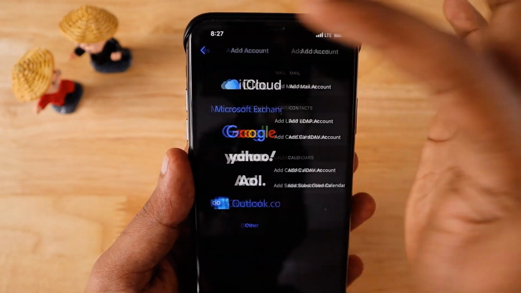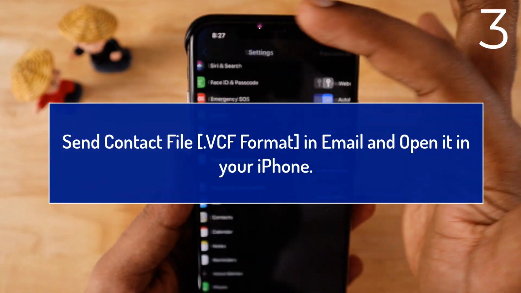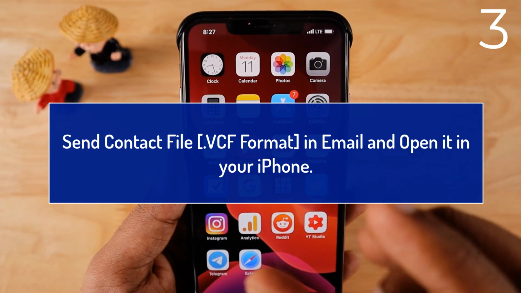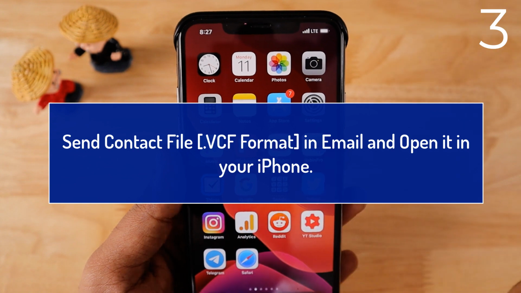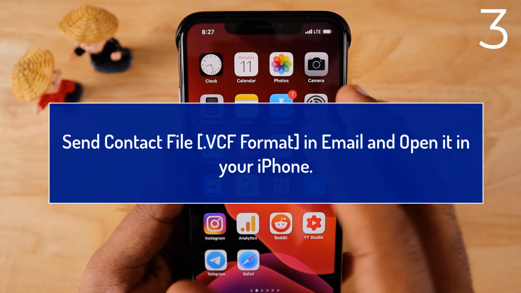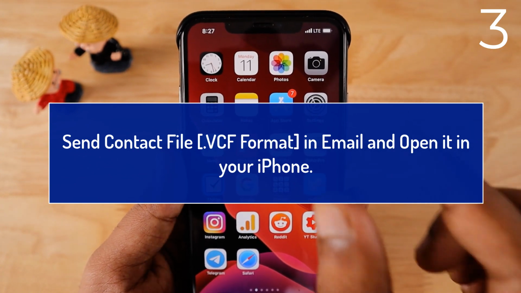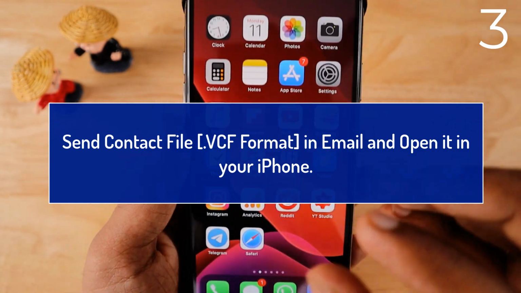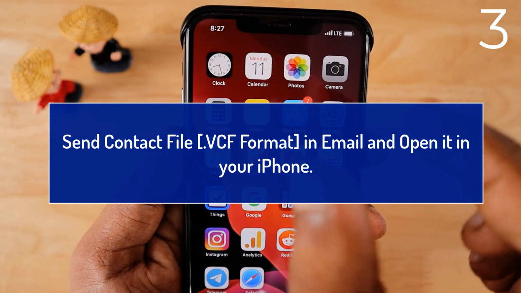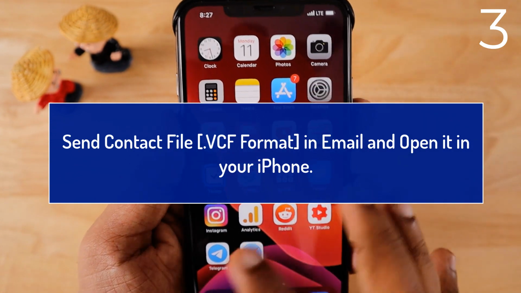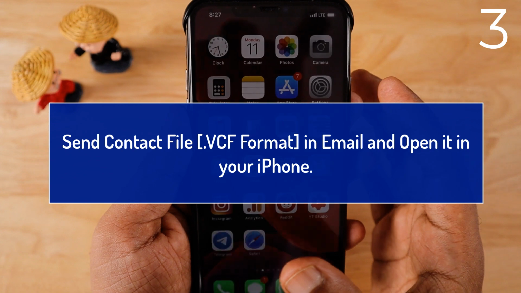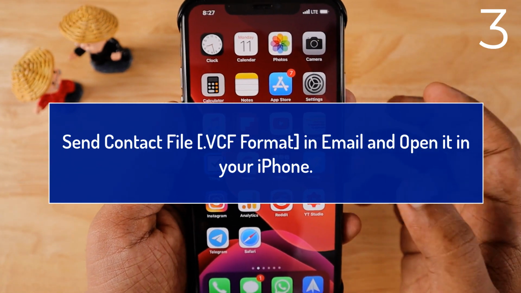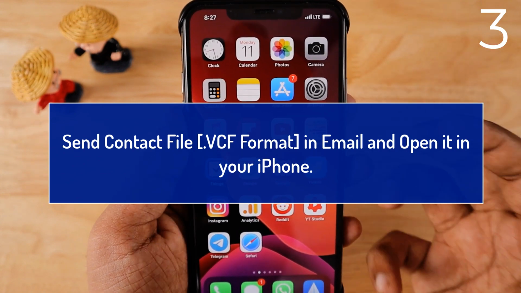And the next method is, I haven't personally tested it, but people have said you can send an email with all the contacts as a VCF file, a single file that we will be seeing in the second half of the video. So you can simply send that particular VCF file to your email and open your email application and select that particular attachment, which is the contact book, and it will automatically import to your iPhone. I haven't tried that yet, and I don't have the contact book readily available, but that is also one available method. You can give it a try. Many people have succeeded with that.